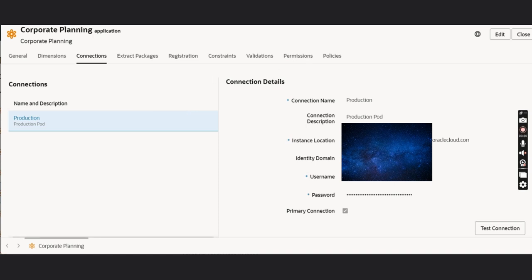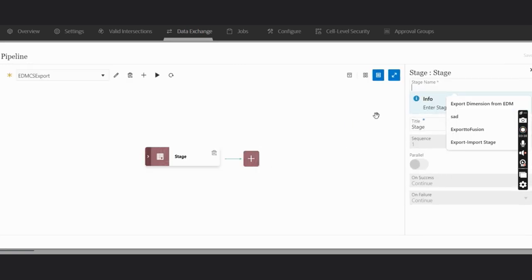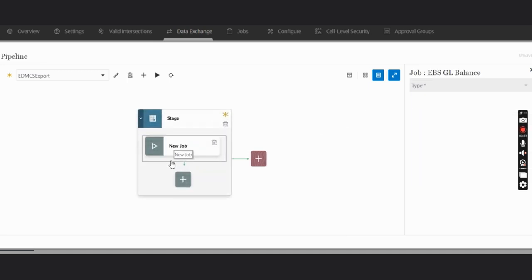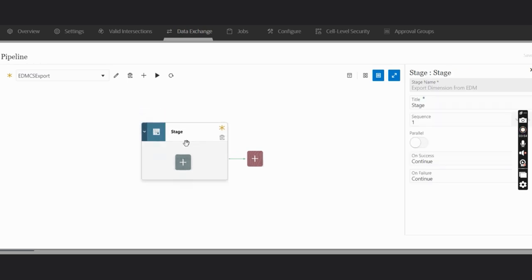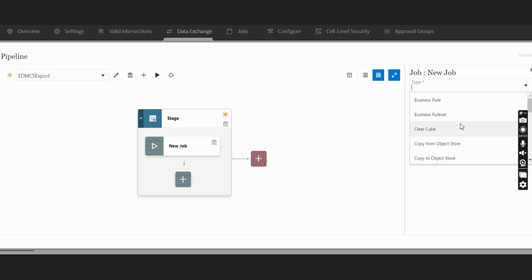I'm going to switch back to my planning application now, and I'm going to start adding a stage. So I'll say this is export dimension from EDM. Just give it a name, just leave it as stage for now. Once I create the stage, I can start adding jobs. So let's start adding a new job to this stage. So now that I add a new job using this plus icon, I can go ahead and select my job type. So my job type is going to be export dimension by name,